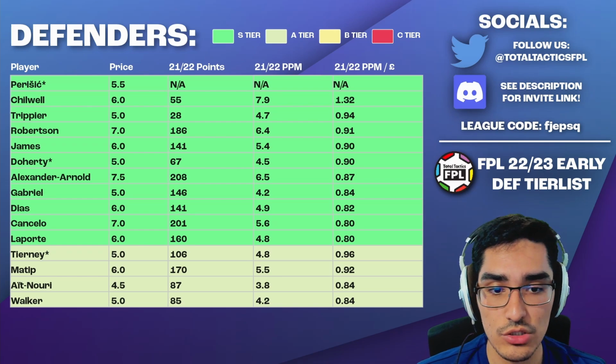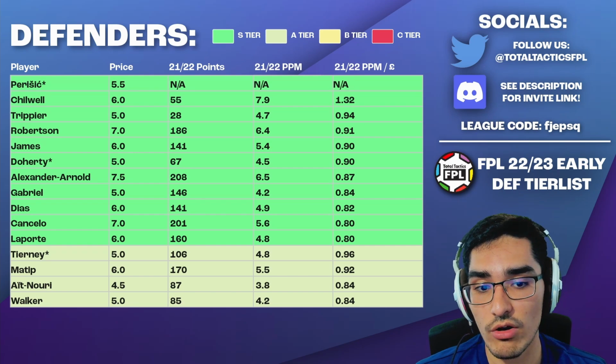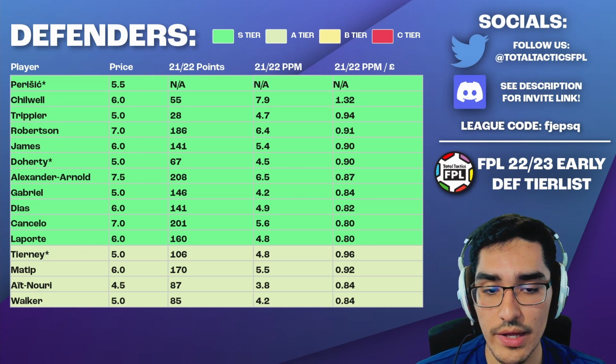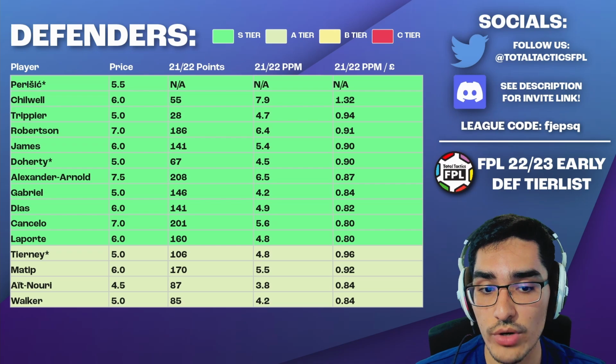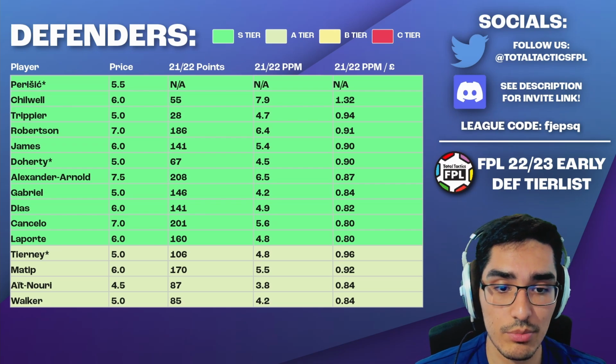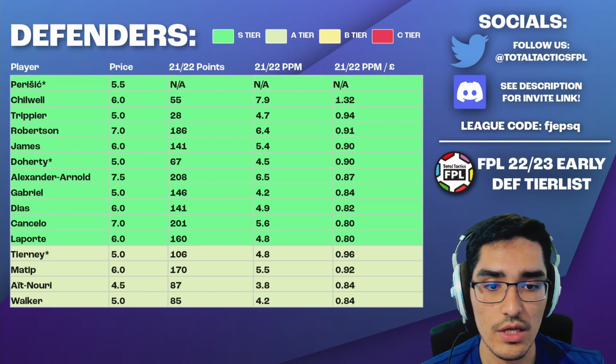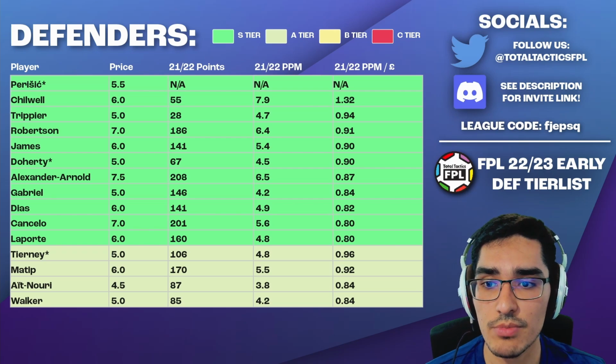Whereas with Luis Diaz and Nunez and even Jota, you have an expectation that there will be a bit of rotation there. Plus, you have that added cost of those players compared to someone like Robertson, who's so well priced at 7.0. Trippier was someone who really did light things up. He does have Man City and Liverpool fixed into that schedule with the first 8 games, but I did think